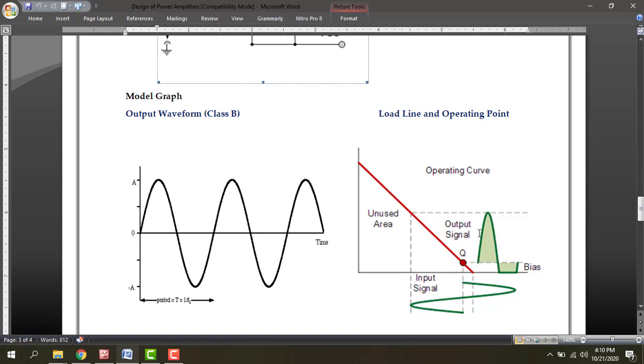So the transistor will conduct for 180 degrees, and in the negative cycle it will also conduct somewhat. The positive cycle conducts fully for 180 degrees, and the negative cycle conducts a smaller portion. So it is called a class AB amplifier. The class AB amplifier eliminates this crossover distortion. This is the output waveform of the class AB amplifier. Here it eliminates the crossover distortion.